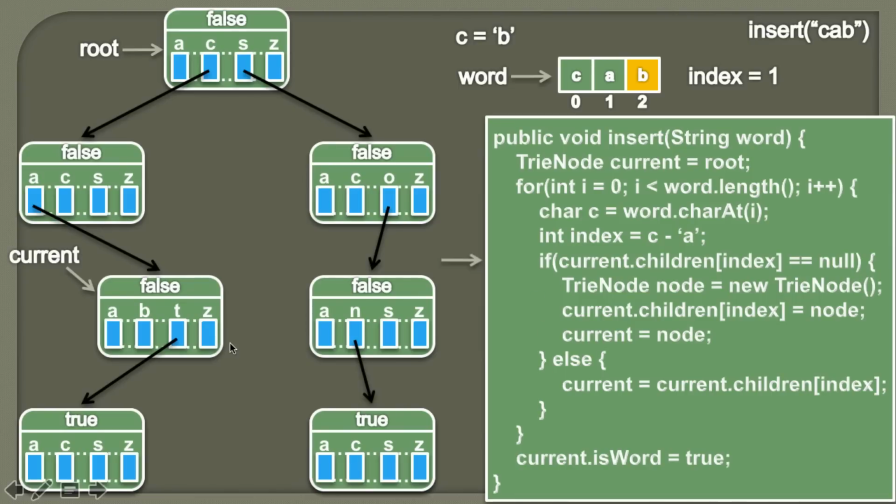And now we'll provide an if block and we'll check the value of this trie node array at index 1, which maps to B, whether it's null or not. So here you can see that it is pointing to null. So the condition in the if block comes out to be true.